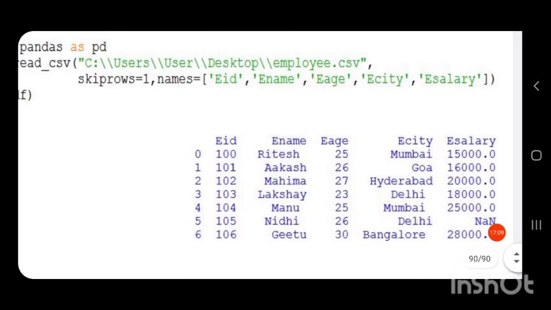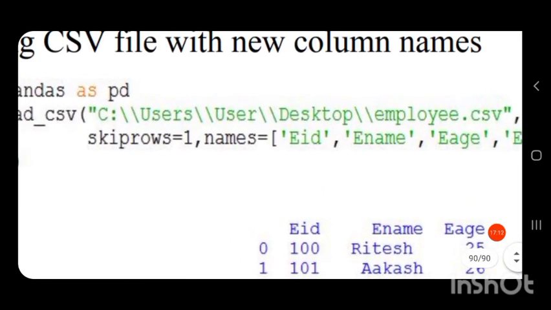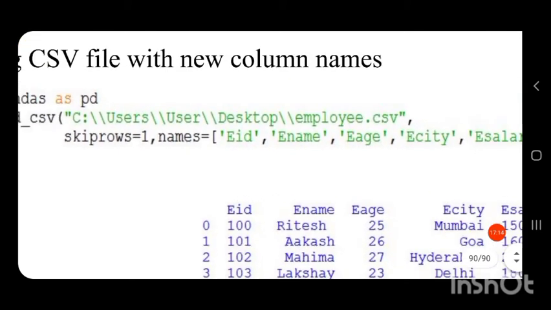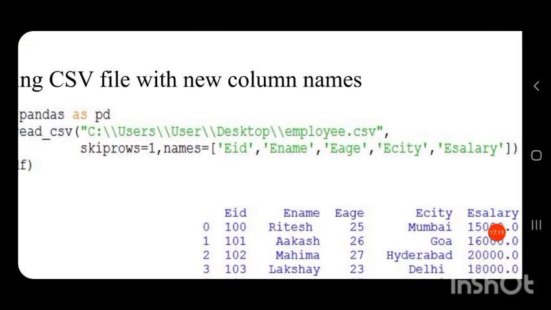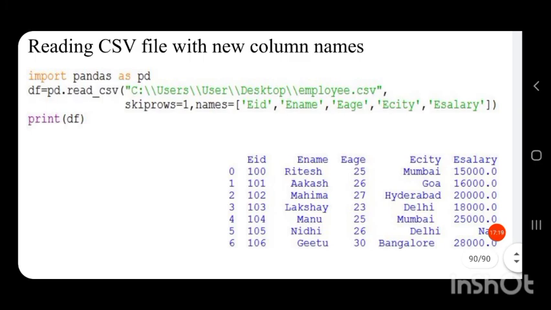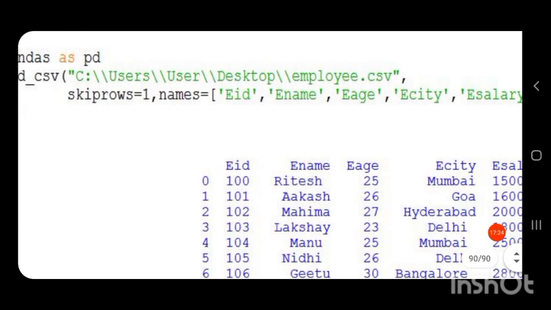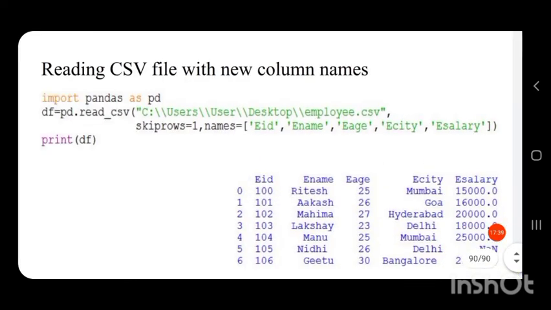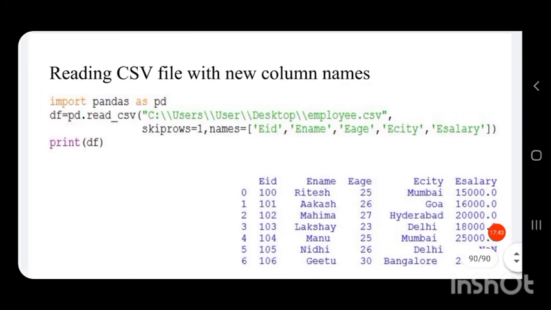We have introduced the attribute skiprows equal to 1 because we have to skip the previous column header. Then, to rename the columns, we have the attribute called names. So names will have the new column names of the CSV file that has to be imported to the data frame.